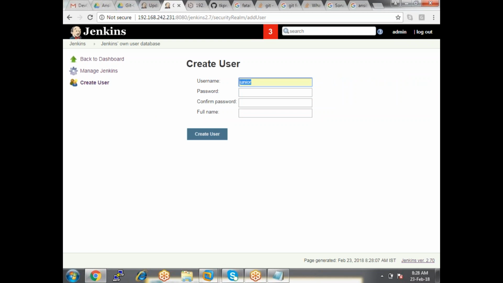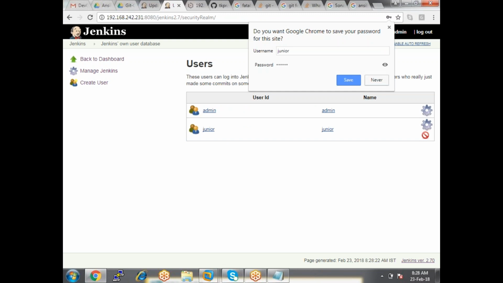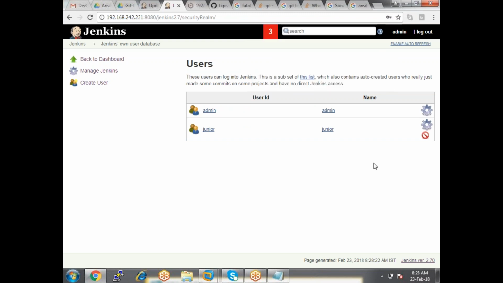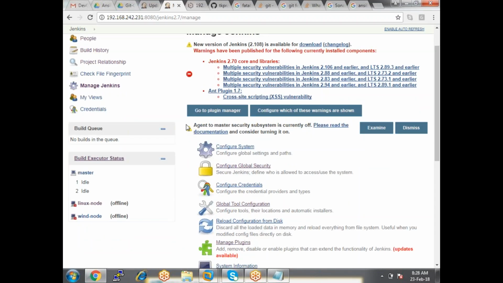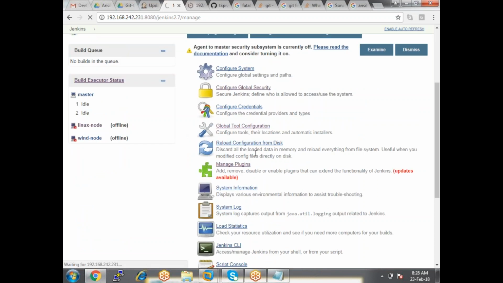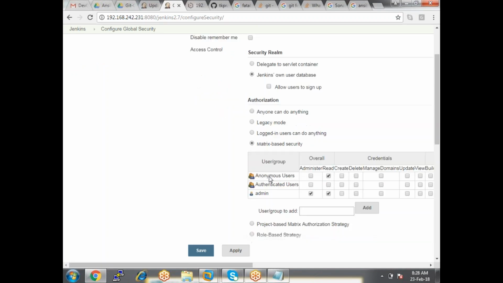That's the same password. Create user. Now the user is created. Once the user is created, obviously we assign some roles to that user, right? So how do we do that?